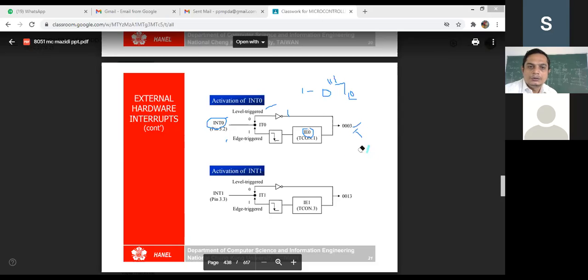Is it clear? There are two techniques, level triggered and edge triggered. So based on some condition only, the interrupts are activated. So here now you can see the second